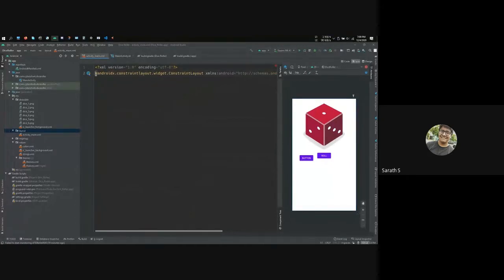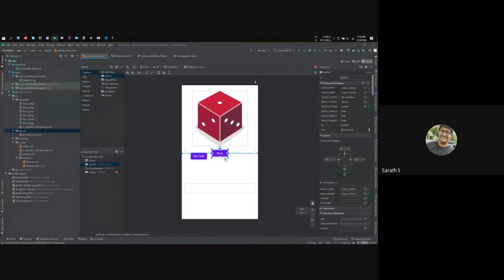So there's only one main tag here that's called the constraint layout tag. The constraint layout is basically a view group which is used to arrange views in your screen. As I said before, if you want to center this button here, you could do that using constraint layout. There are many other layouts as well. A view group isn't necessarily a layout, but a layout is always a view group. What the layout helps you to do is give the position for other views inside it.